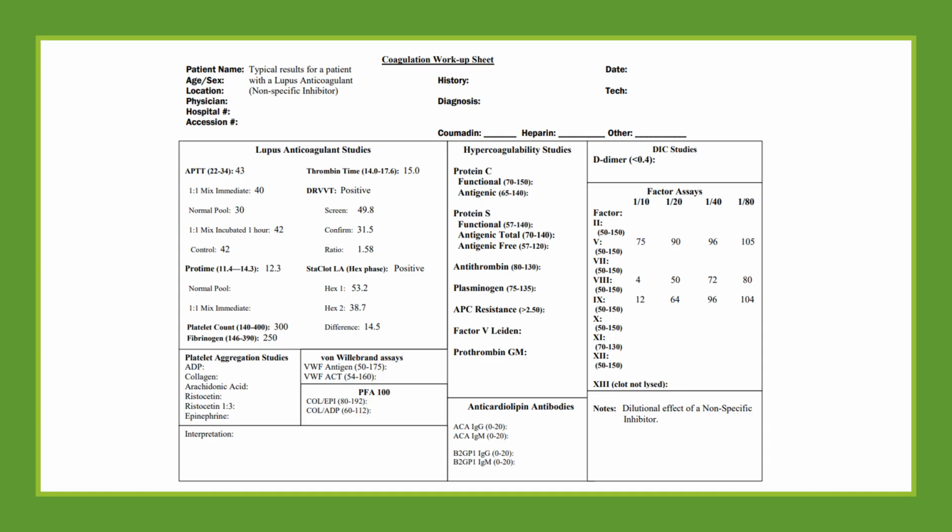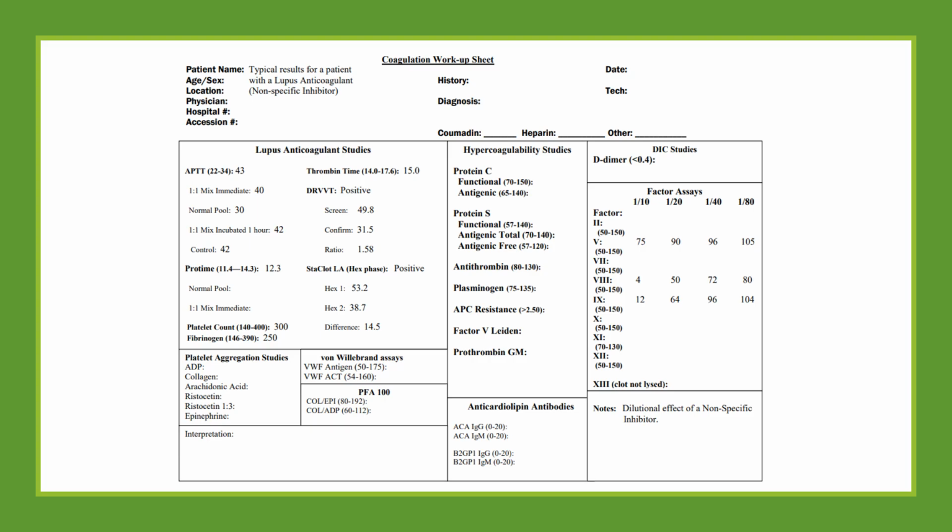Say, for example, we were looking at a lupus anticoagulant. In this case, we have a prolonged PTT, we have the normal pool plasma that is 30, and then we have a mixing study that results in a PTT result of 40. So that is a non-correction initially. Then we're going to incubate it for 1 hour, and again, a non-correction. The control is 42, so no correction. That would trigger us to believe that we may have a lupus anticoagulant underlying,